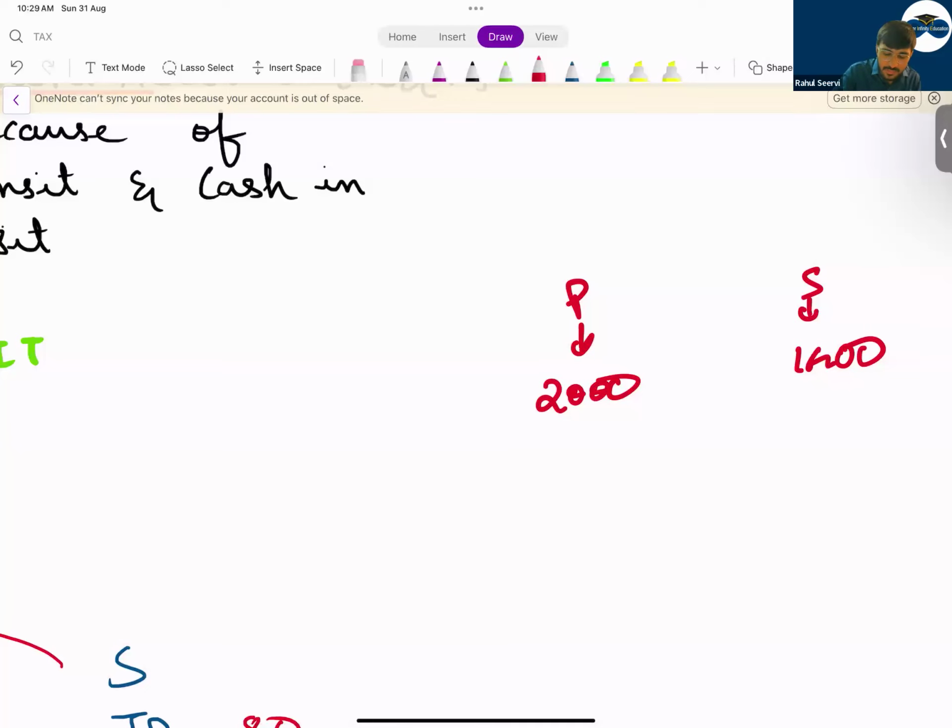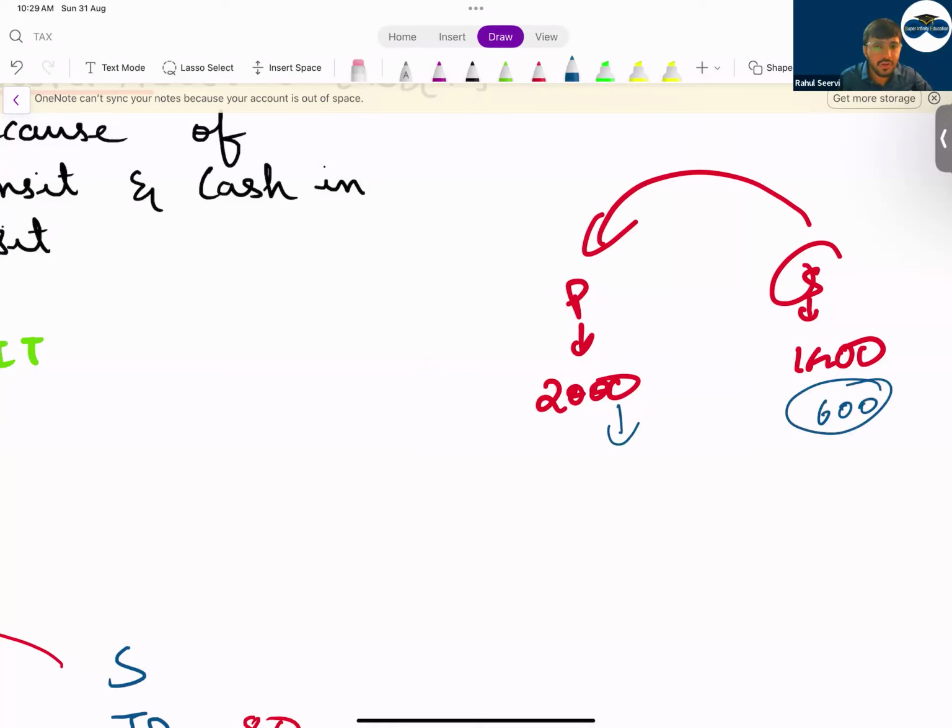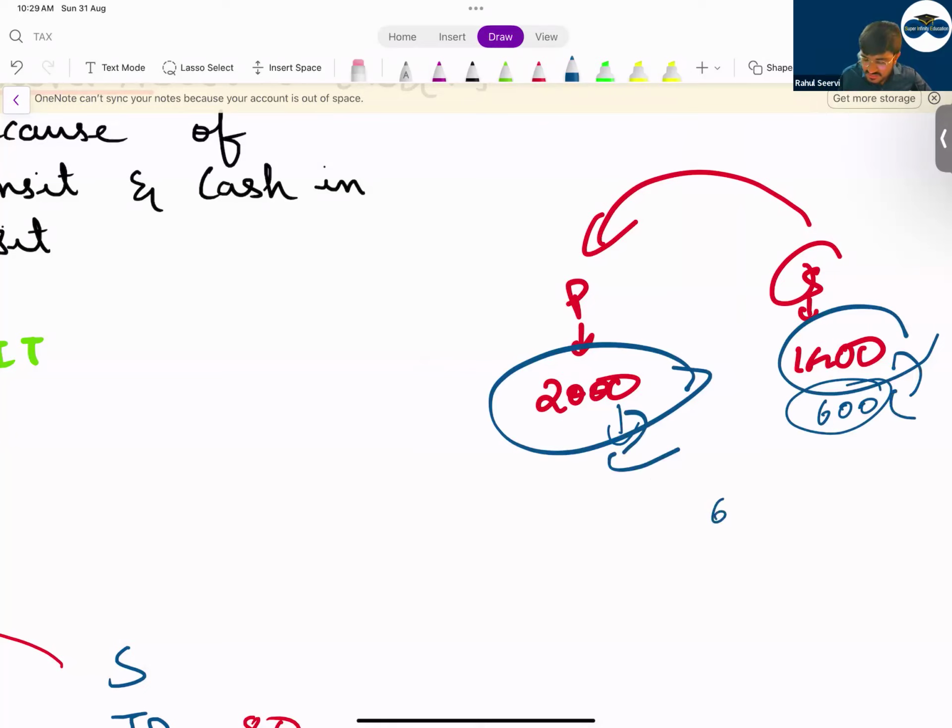That means what is happening here? The subsidiary company is making the payment, but the parent company did not receive it. We can say this way: the subsidiary mentioned that we have made 600 of payment, but the parent company did not receive it. So what we normally do, we remove 2,000 from the balance sheet, and 1,400 we eliminate. From receivable you remove 2,000, from payable you remove 1,400. The 600 will be cash in transit, you will include it in the cash value. Or goods can be in transit.